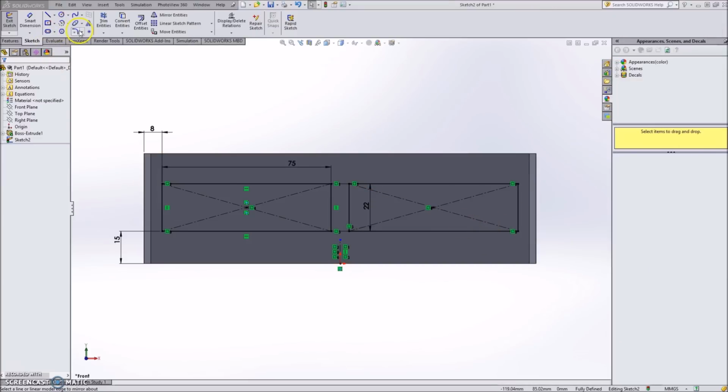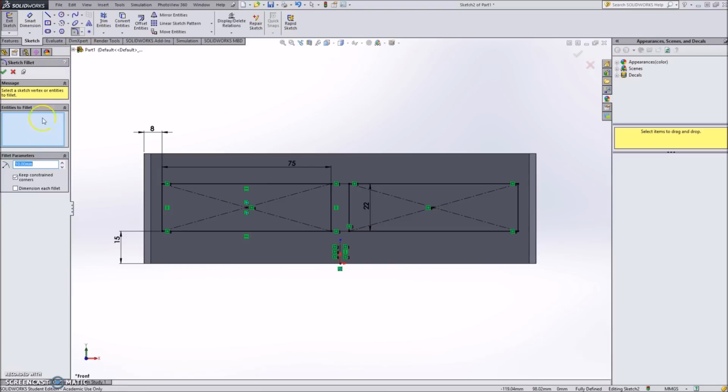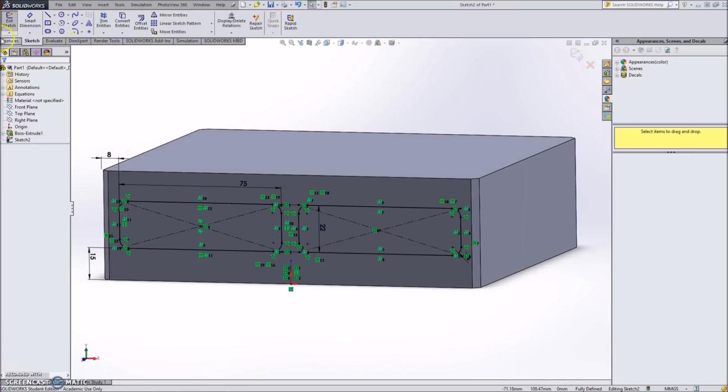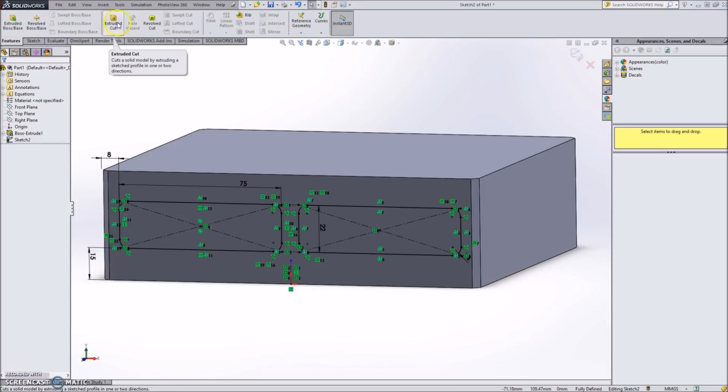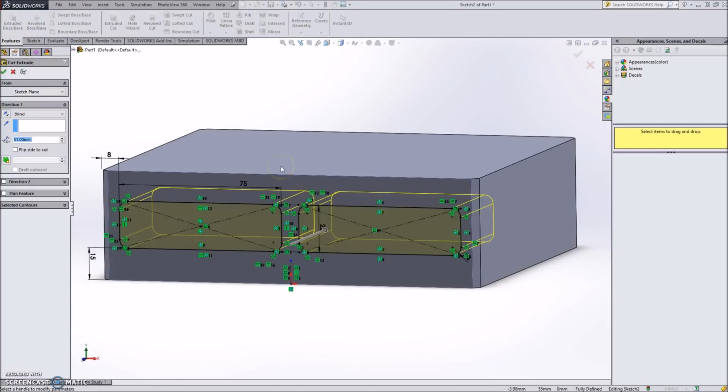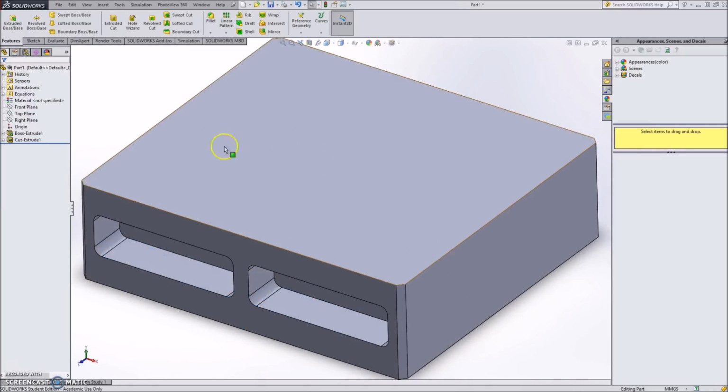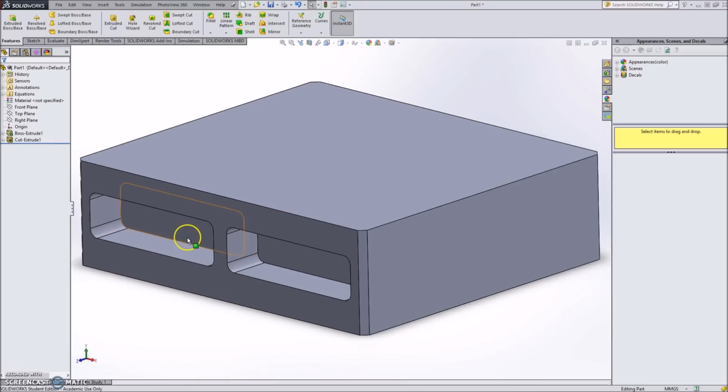So we can go ahead, and actually those are fillets, my bad, because those are rounded. And we notice those are 4 millimeters radius, so we can go ahead and insert those fillets while in the sketch so that we don't have to worry about doing it to the part after we've done the extruded cut. So now that that's done, we go ahead and do our cut, and we saw that the cut was 20 millimeters deep. So if we go ahead and do that, we now have a 20 millimeter cut extrude to the side